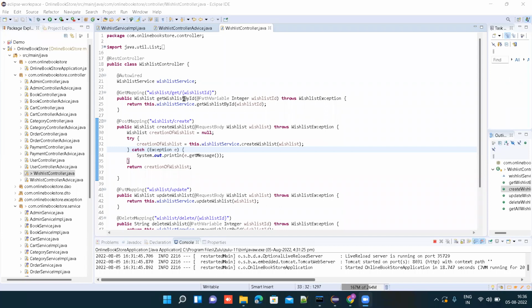In the try block, we use a reference variable and add the data coming as a response from the user, and if no data comes, then it will throw an error and display it on the console. If everything goes right, then it will return the creation of the wishlist.